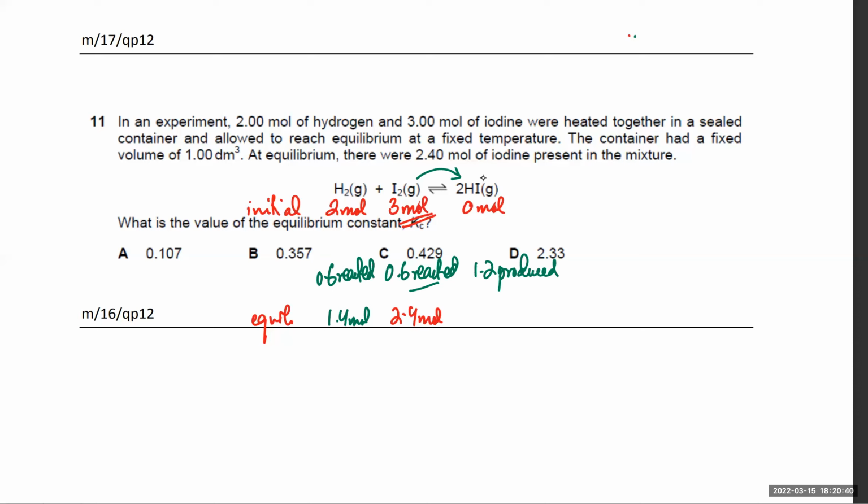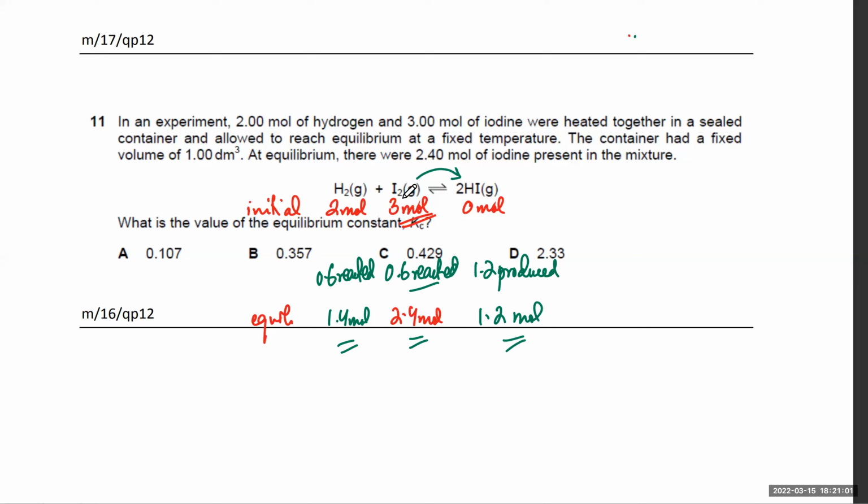And they're getting produced. शुरू में तो थे ही नहीं, 0 moles, and now you have 1.2 getting produced. So what are your equilibrium moles? That's going to be 1.2 moles, right? तो बस इसको यूज करके, this one will have no units क्योंकि numerator terms and denominator terms दोनों साइडों